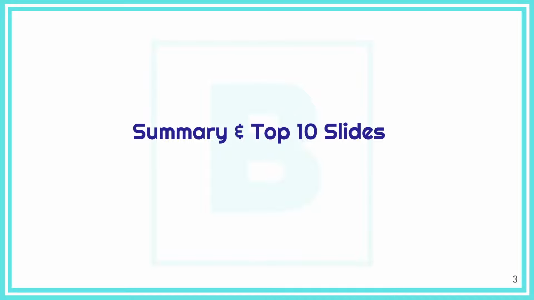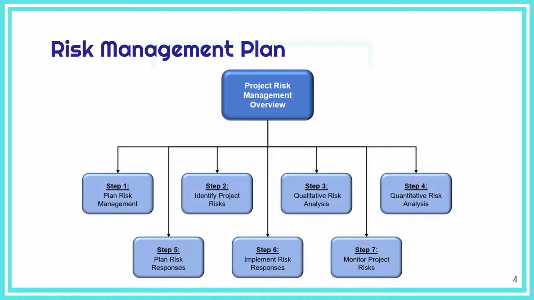So, we started the session, first of all, with a recap of the previous sessions. Then we started chapter 10, risk management, section 10.1. We first went on learning about the different types of risks. One of the first things we learned was how to build a risk management plan. This is in waterfall, and the various steps of it are like planning risk management, then how to identify project risks,